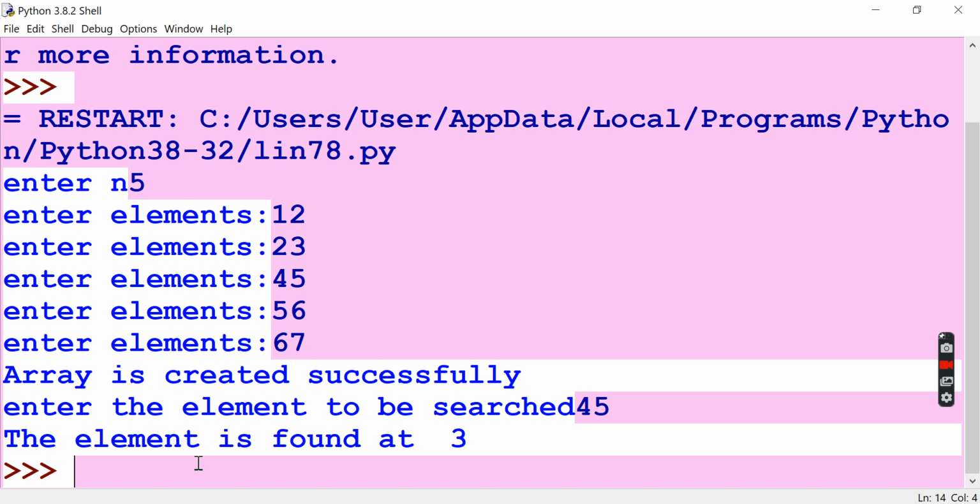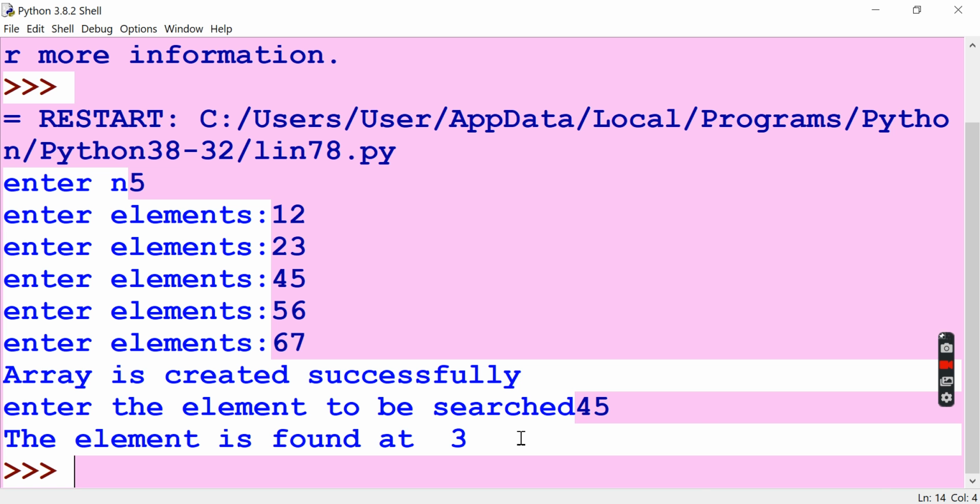You are going to try with many numbers of elements, and you are going to send everything back to me on my WhatsApp number. You did this linear list and linear search in 11th standard. You know how to make a list, and we have seen linear search also. Now we are making everything in a definition, calling the definition in the main program and executing this.